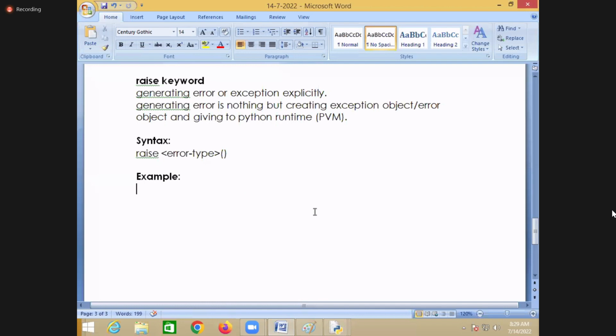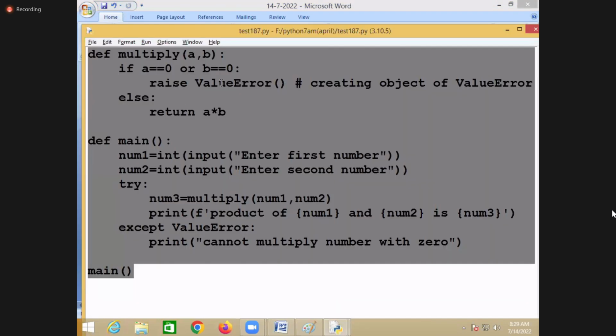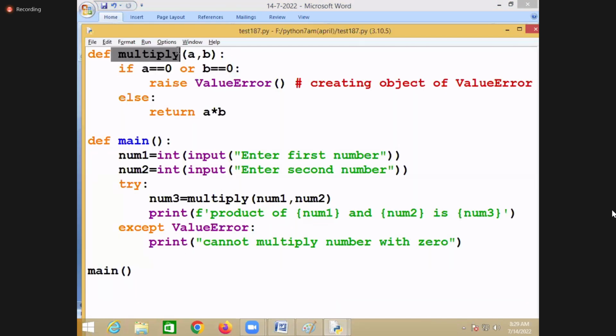But if I'm using value error in multiply as well, what will happen sometimes? For example, in the try block, I'm using the integer function as well as the multiply function. Both functions raise the same error, right? Suppose there is an error in multiply, which error should I generate?